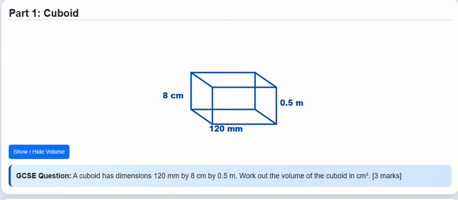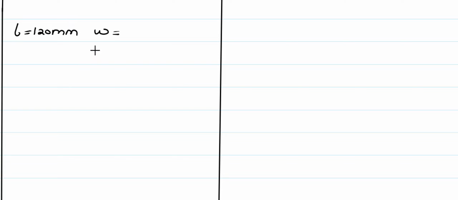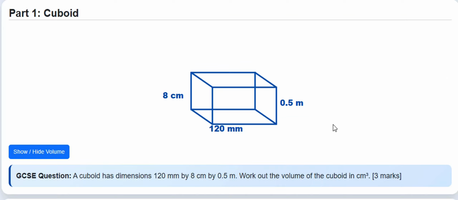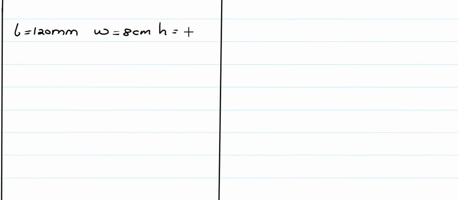Then the width is 8 centimeters. And the height is given by 0.5 meters. Then we know volume V of a cuboid is given by length multiplied by width multiplied by